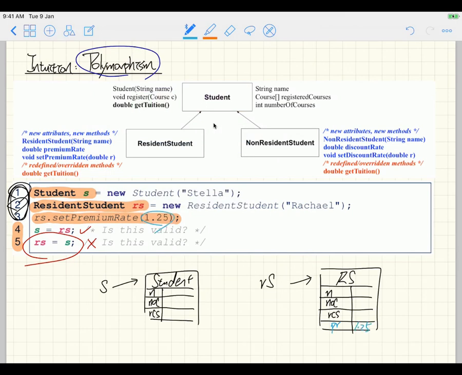Okay, now, what we have is that line number 5 is not going to compile. What does that mean? You all learned about something called proof by contradiction, right? How does it work? Let's assume something we would like to prove. And then from that assumption, we get down to something that's completely false. That means our initial assumption was false. So that means the opposite should be true, right? That's proof by contradiction. So the way I'm going to evaluate this is, I'm going to assume, what if this